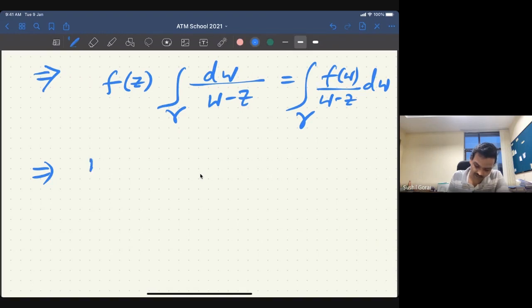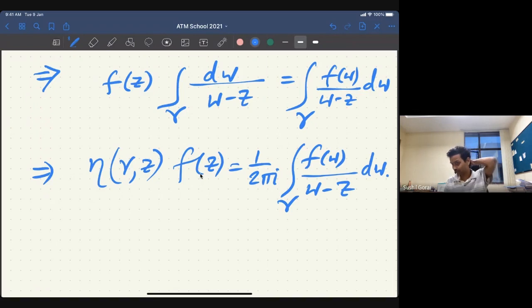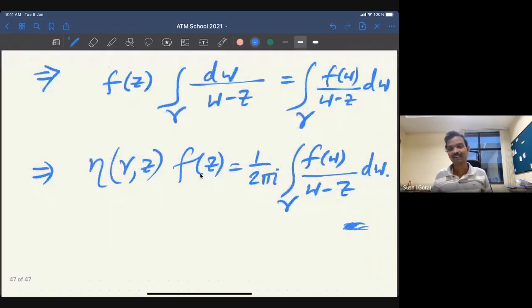So eta gamma z, f(z) is equal to, well, you need 1 over 2 pi i. So this 1 over 2 pi i comes, integration over gamma of f(w) by (w minus z) dw, right? So this proves the Cauchy integral formula. Now this can be used to prove that any holomorphic function has a power series representation, and hence